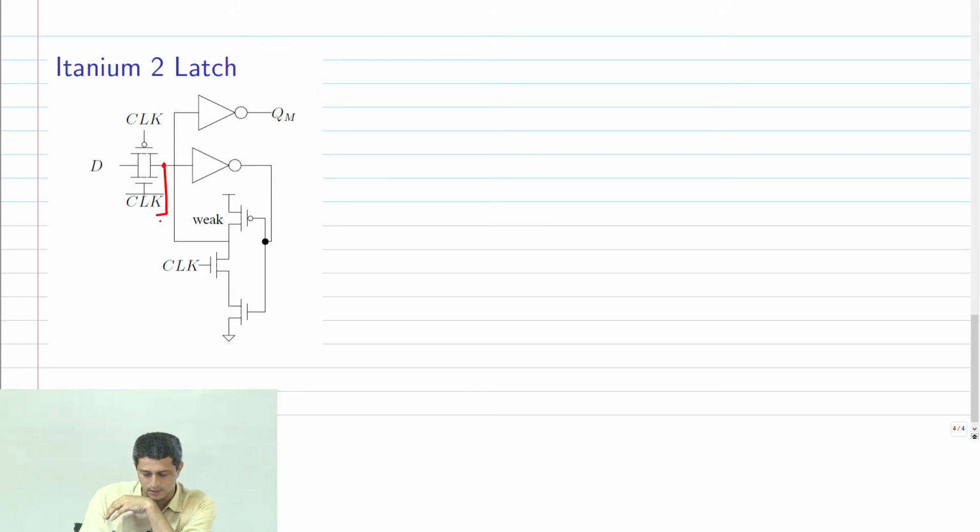So let me replace this with a tri-state inverter. It may be easier to analyze. This is clock bar.